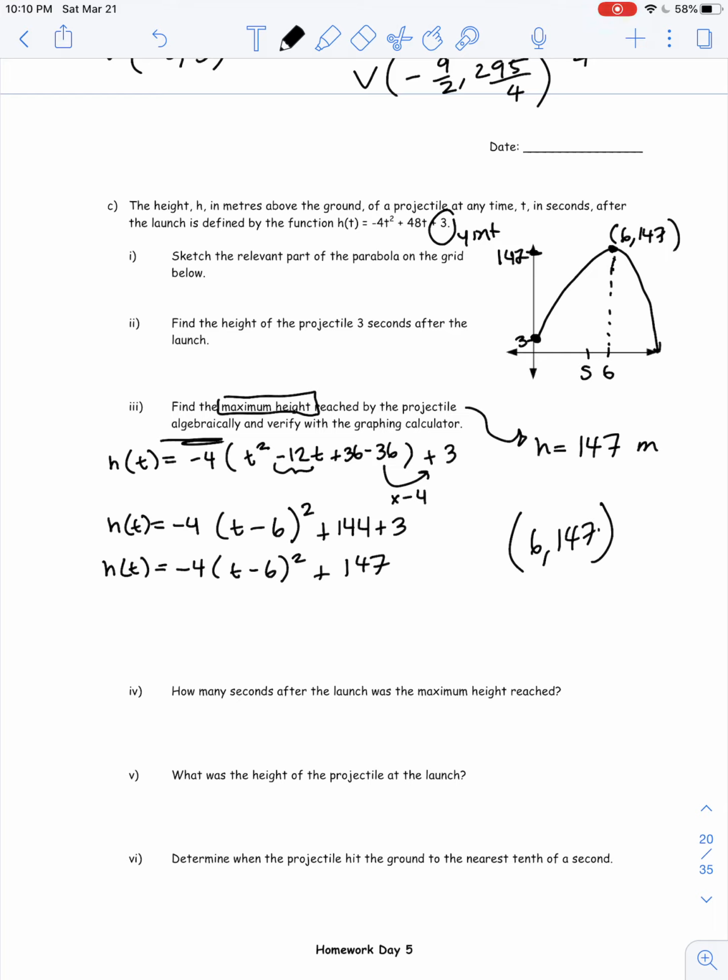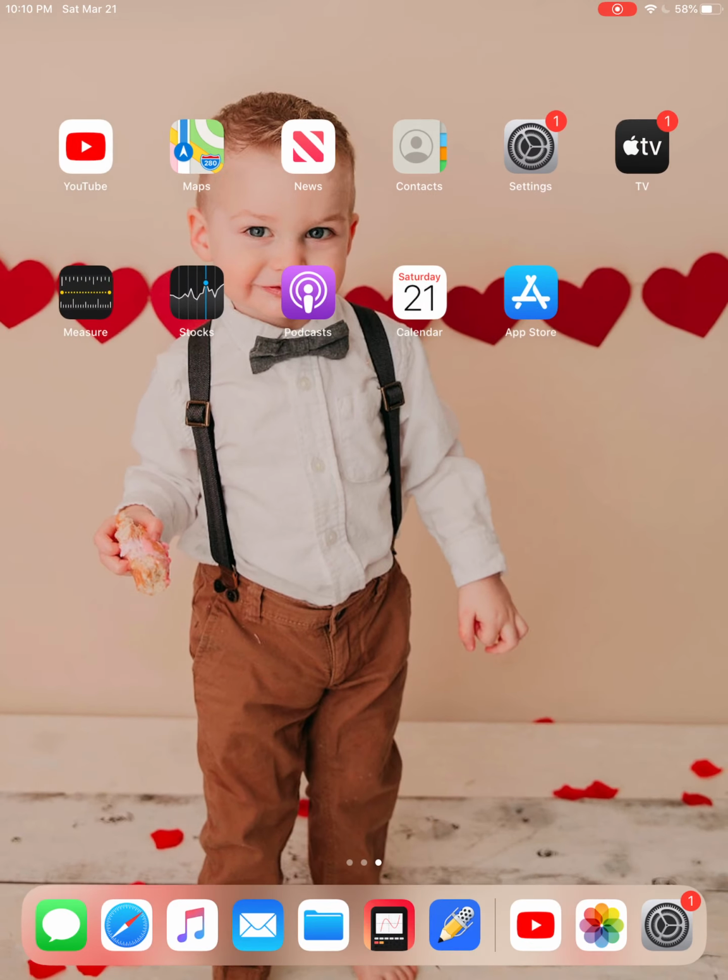So they also want to know the height of the projectile 3 seconds after the launch. Well, we can substitute h of 3. This is just notation. Don't put that into your calculator. Don't use that for calculation. What you do is in your calculator, you put -4 times 3 squared plus 48 times 3 and add 3 to that. So in my actual calculator,